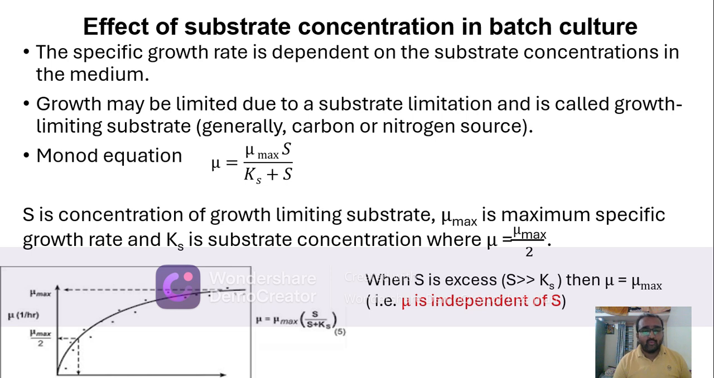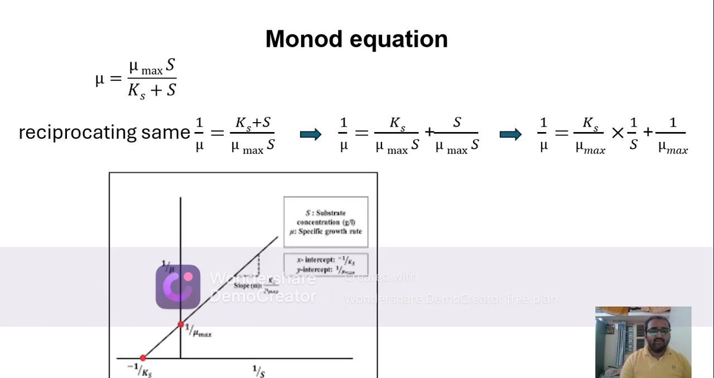So here, Ks is also a substrate concentration. If we substitute Ks equal to S in the Monod equation, mu becomes mu max by 2. That means Ks is the substrate concentration at which the rate of the reaction is half of the maximum specific growth rate. So we can observe the same in the plot. This Monod equation,